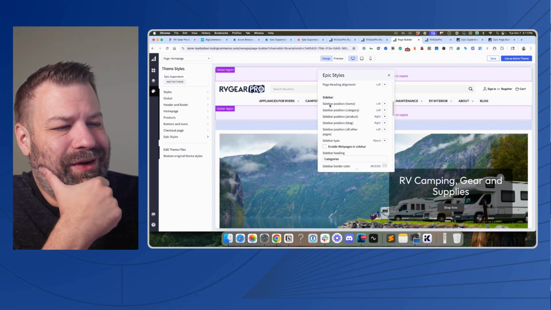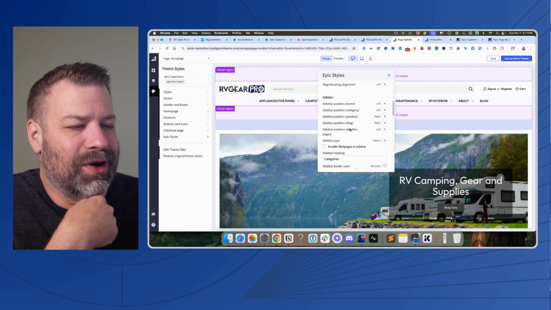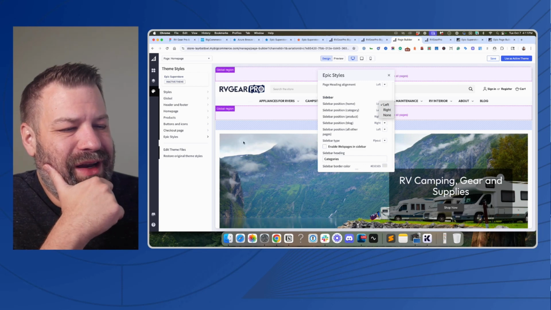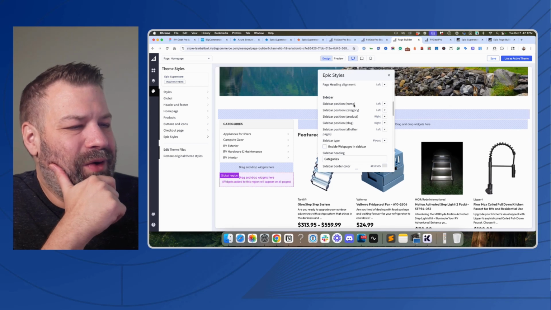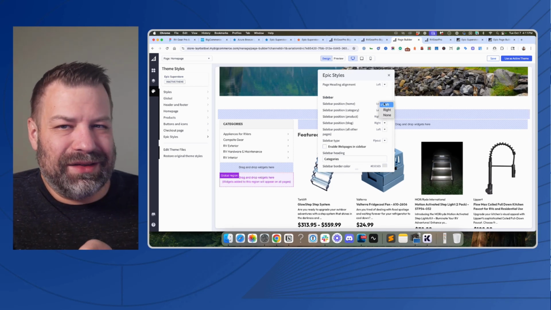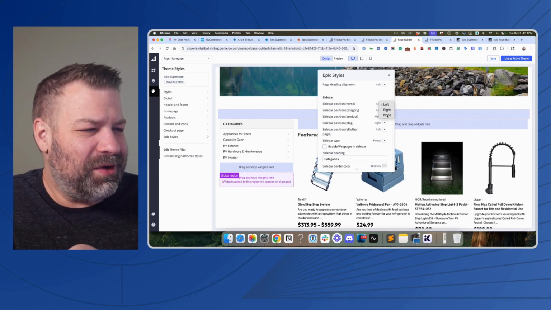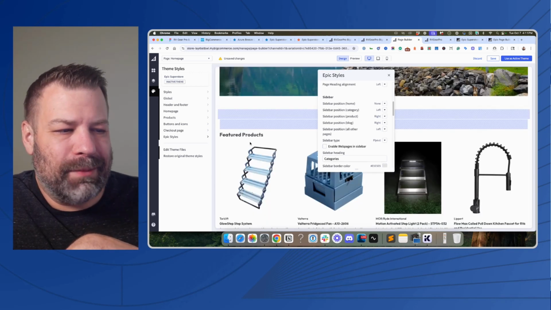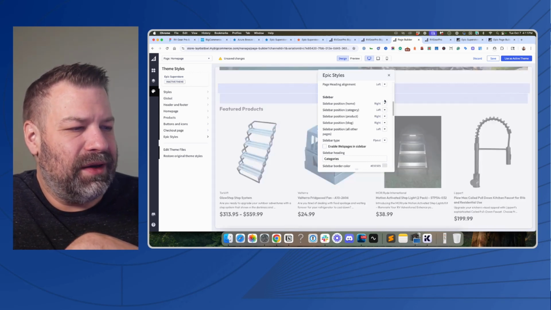So what we did is we said, okay, let's assume that there's going to be a sidebar, and we gave you choices on your home page, your category page, your product page, and all other pages to decide: do I want this on the left side, on the right side, or no sides? So on the home page, say you look at this sidebar and you're like, I don't want a silly sidebar. What am I doing here? Okay, just choose none. It'll go away. Boom. And you could do the same thing, or maybe you wanted it on the right side instead,